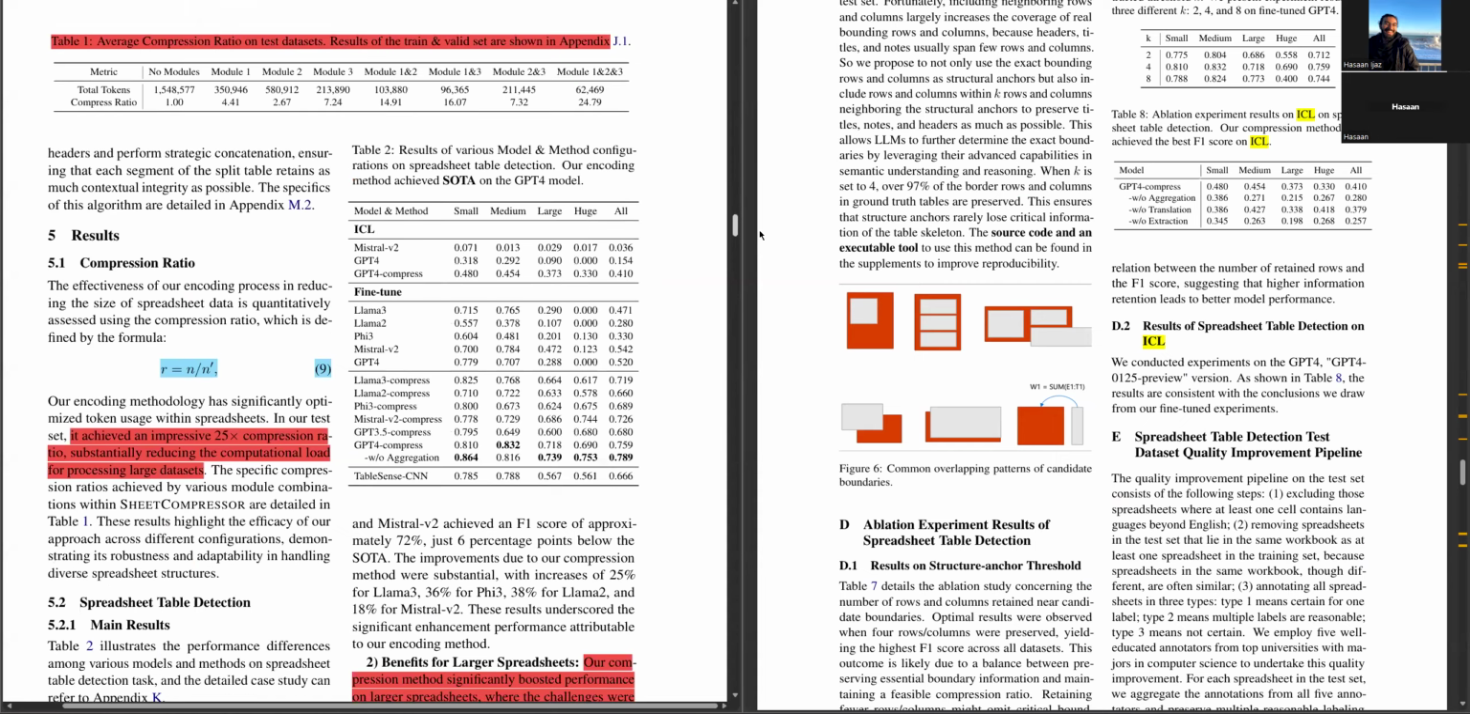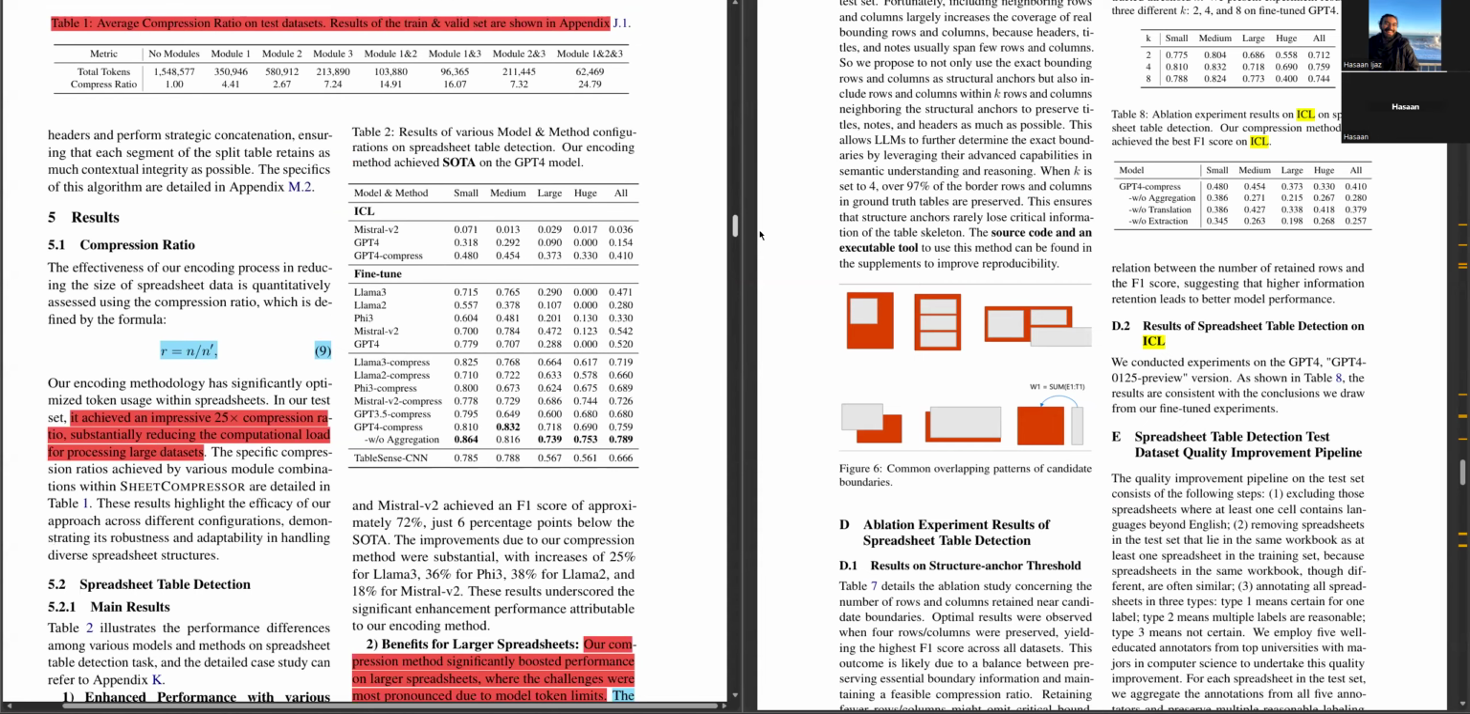Okay, now, as we move forward, we would also like to understand, for those who don't know, there's something called in-context learning, where you give an example of, okay, this is what has happened, and then ask it questions. So what we're doing over here is showing results of various model and method configurations on spreadsheet table detection. We want to detect the tables. And when we use just ICL, and you see, without any fine tuning of the model,